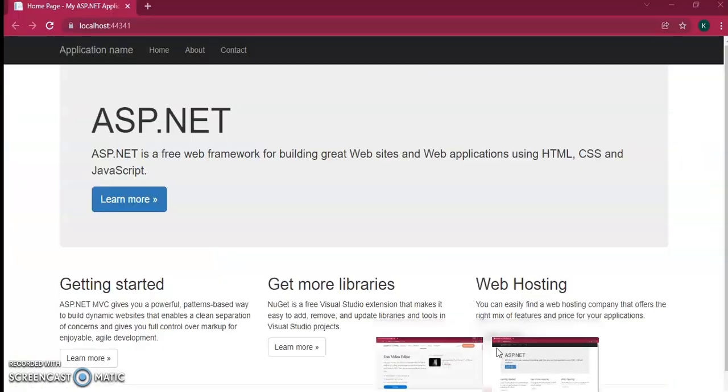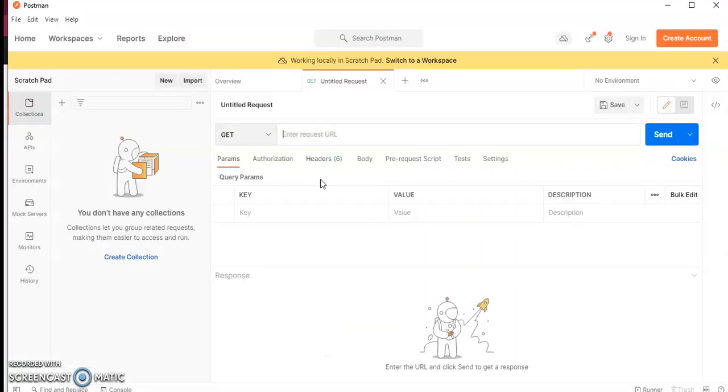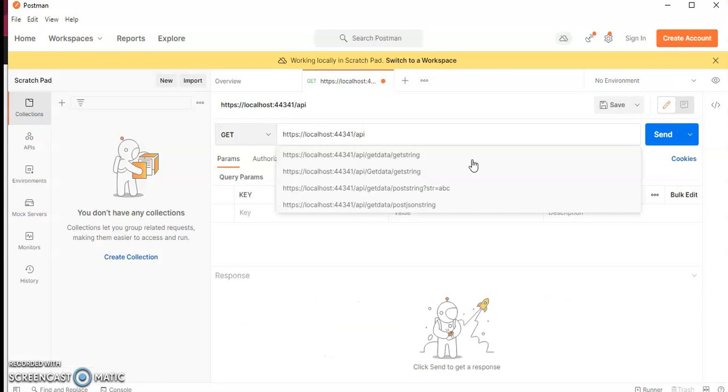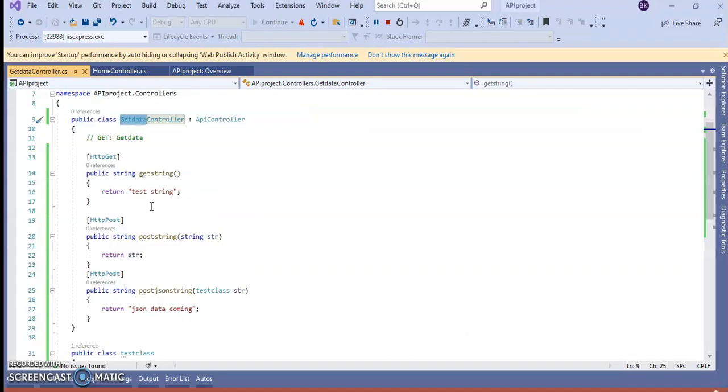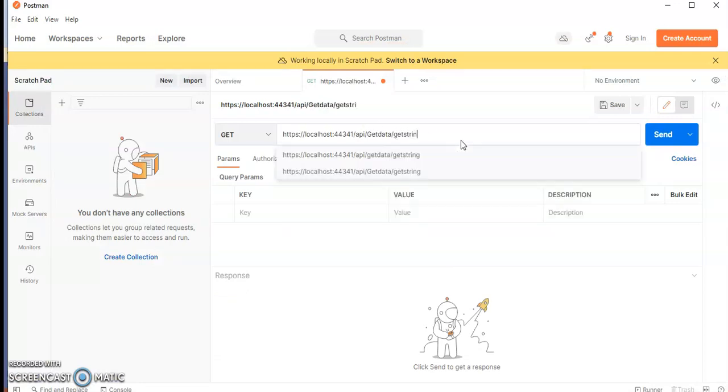We have localhost here, and always use api as a root for calling any API, and we have get string as a method name. Inside the get data controller, get string is a method name. So I'll give get data slash get string. This is our API name.